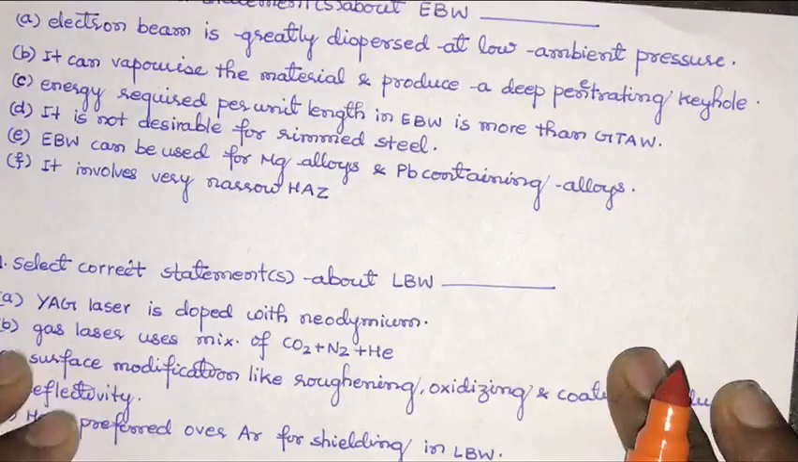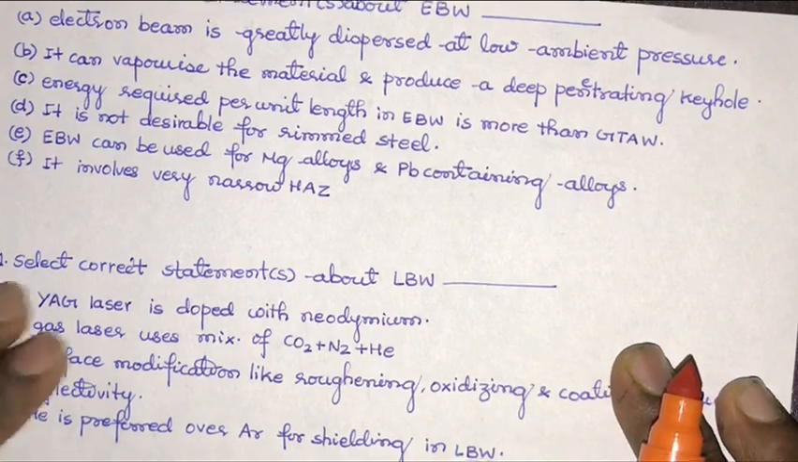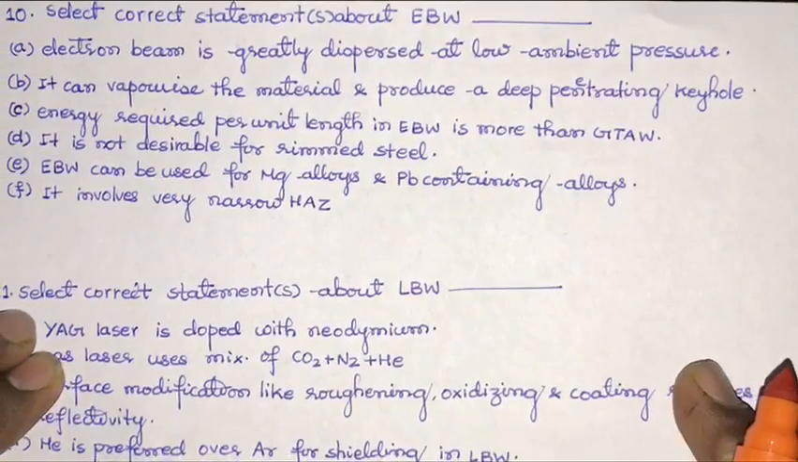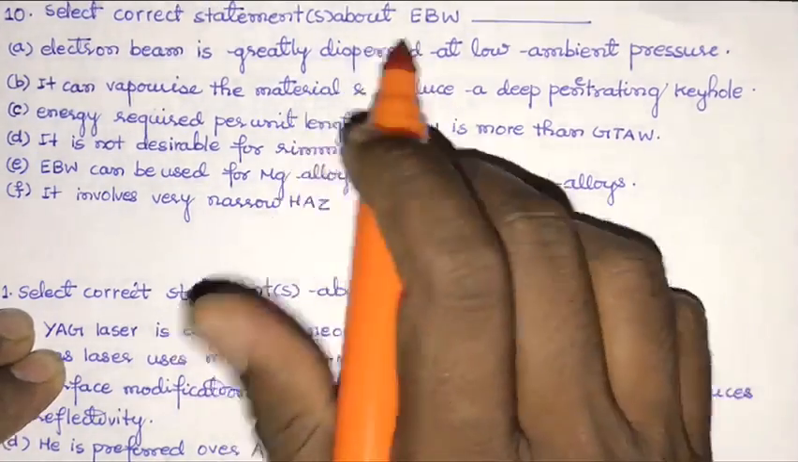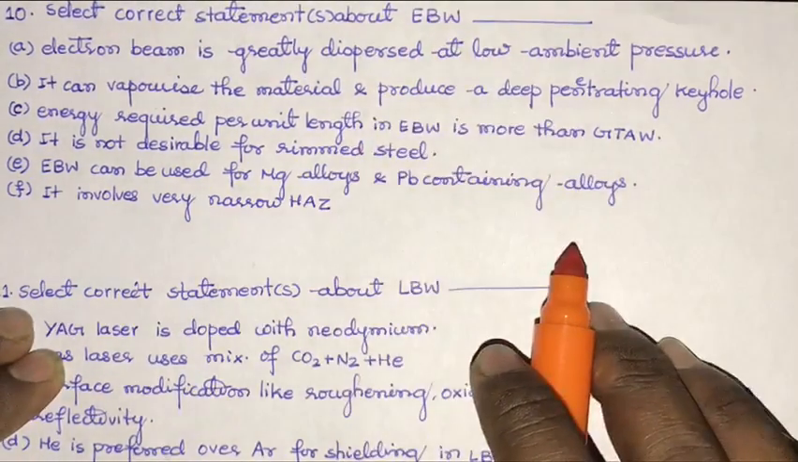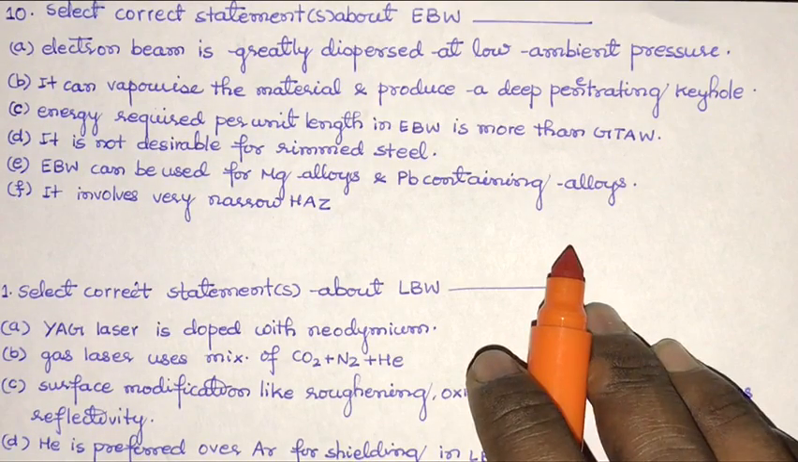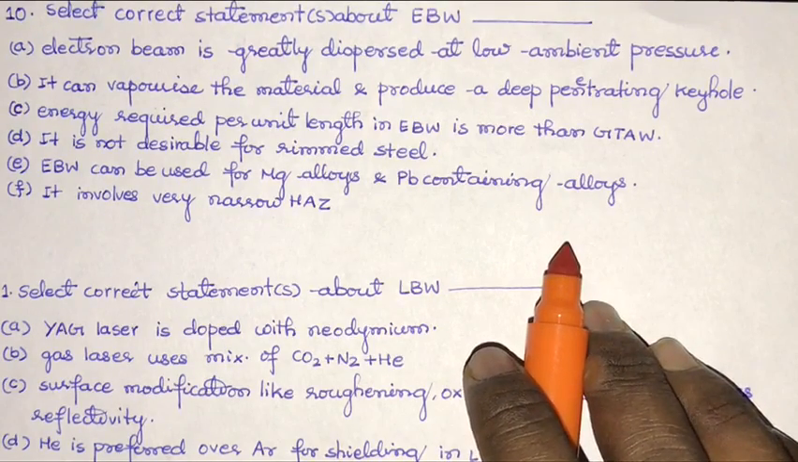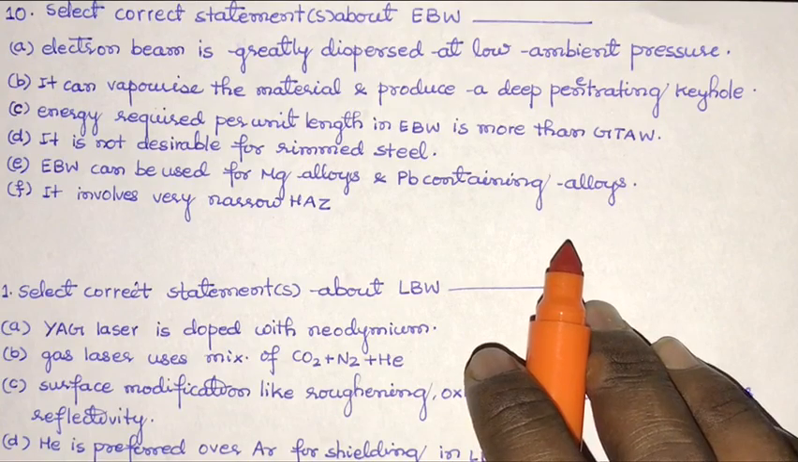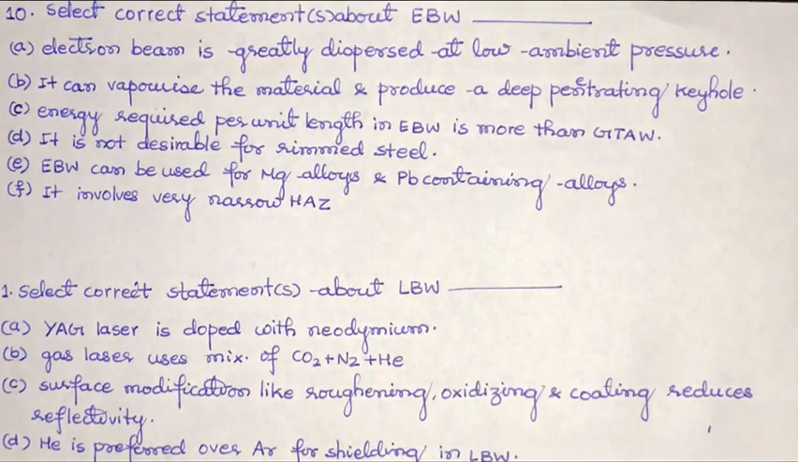Now, the first statement here is, we have to select the correct statement about electron beam welding, that is EBW. Okay, so the first statement is that electron beam welding is greatly dispersed at low ambient pressure. So let's see here,